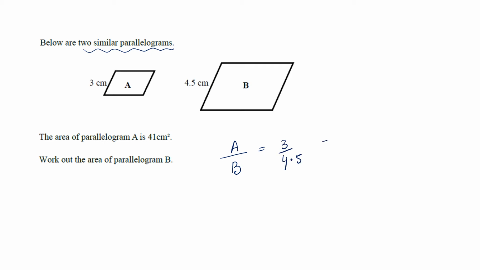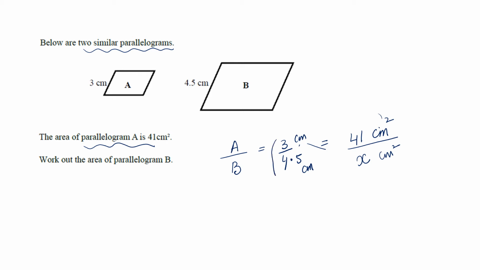Okay, given. Here it's centimeter and this is also centimeter, so that we do not forget, we write the units also. Now area of parallelogram A is 41 centimeter square. So in the numerator write 41 centimeter square. The second parallelogram B's area you don't know, so it is x centimeter square. Once we are done, here centimeter square and on the length centimeter.